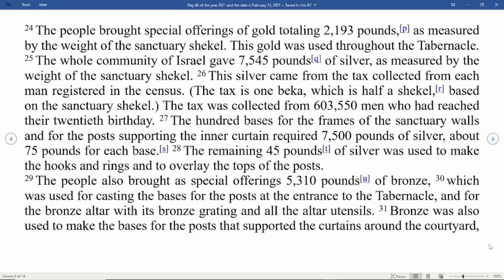The tax was collected from 603,550 men who had reached their 20th birthday. The 100 bases for the frames of the sanctuary walls and for the posts supporting the inner curtain required 7,500 pounds of silver, about 75 pounds for each base. The remaining 45 pounds of silver was used to make the hooks and rings and to overlay the tops of